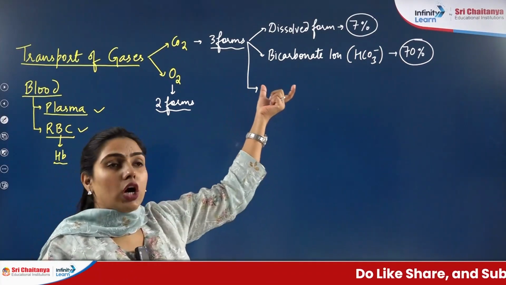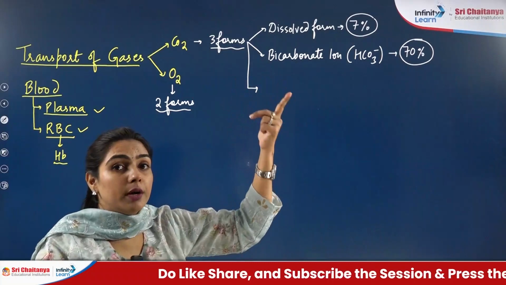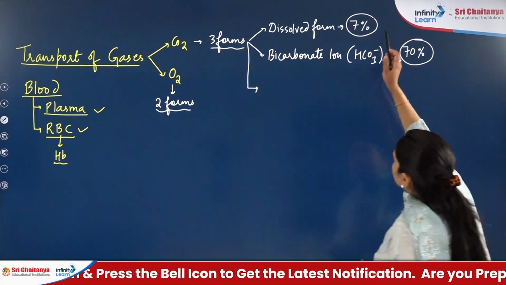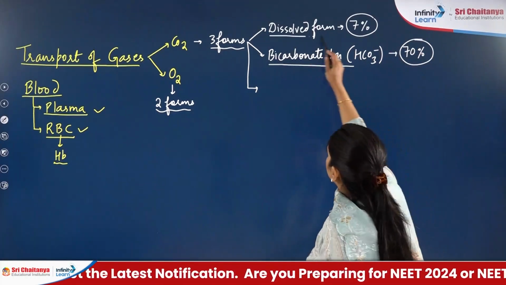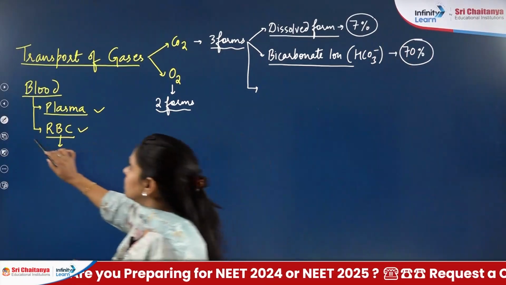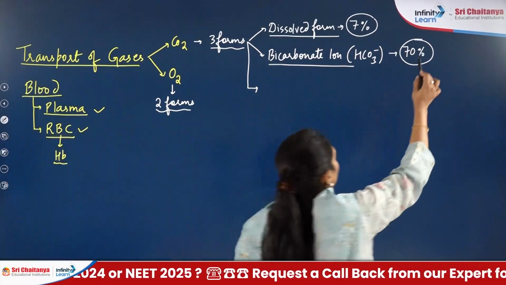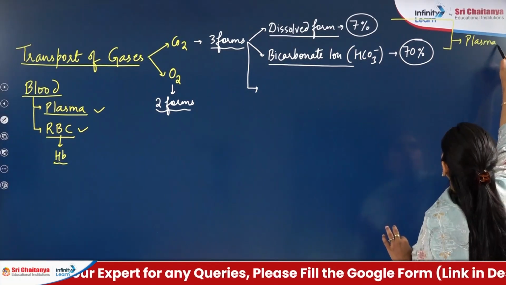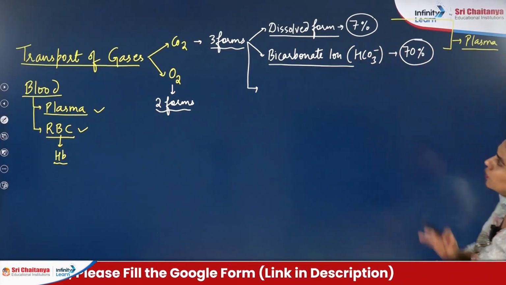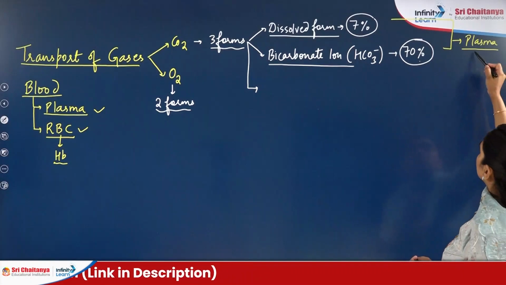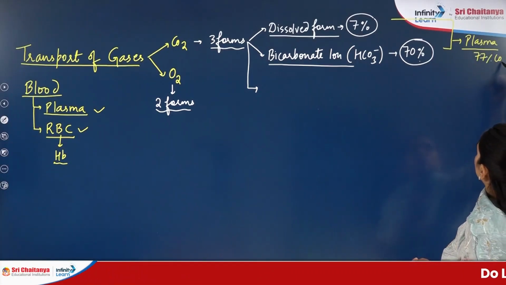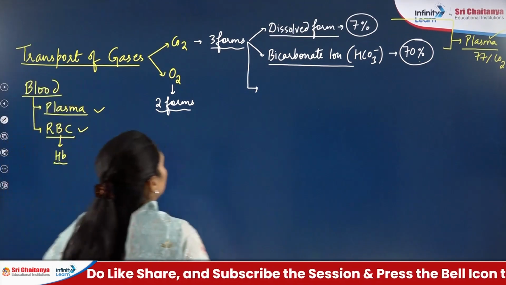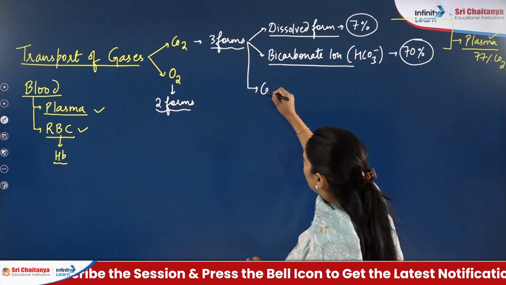So when it is dissolved, that means it is dissolved in the fluid part of the blood. And what is the fluid part of the blood? Plasma. So the 7% and this bicarbonate ion form also 70%, both the forms are going to travel via the plasma. So total how much percent of CO2? 70 plus 7, 77%. Total 77% CO2 is traveling via plasma, and the rest 23% CO2 is going to travel in the form of